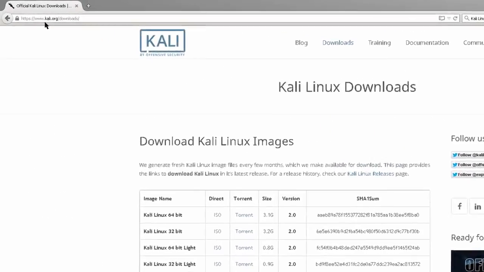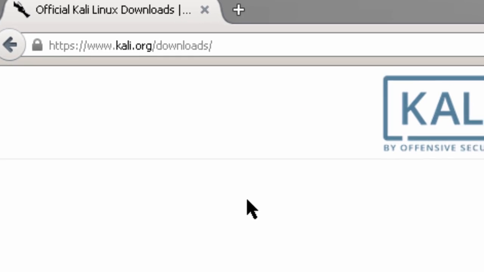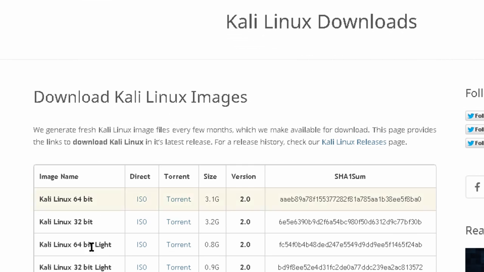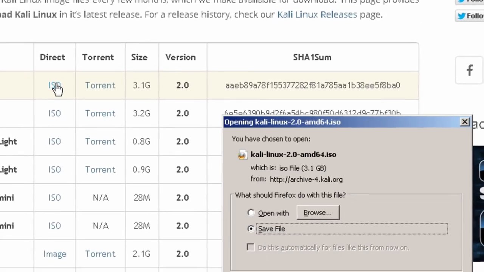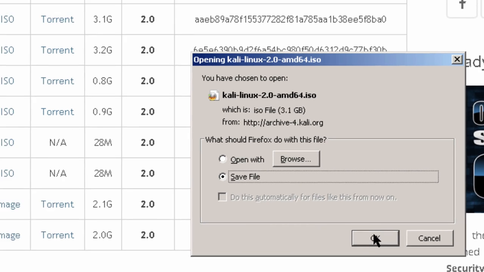Here I am at the www.kali.org downloads page, and I'm going to download a 64-bit Kali Linux. I'm going to download the ISO file because that's what I need to use with VirtualBox. Click right here where it says ISO file, and a box opens up. You have chosen to open, and I'm going to save the file. Click OK,